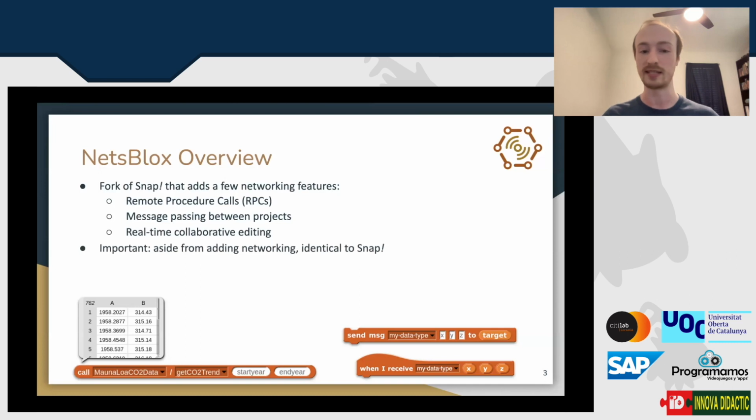It's important to note that aside from adding these networking features, NetsBlox is identical to Snap!. And so if we build something that works to run NetsBlox code on embedded microcontrollers, it also runs Snap! code. Now, NetsBlox is a pretty good platform for teaching introductory IoT, and we also already have some projects that do this. For instance, you can use these RPCs and message passing to communicate with